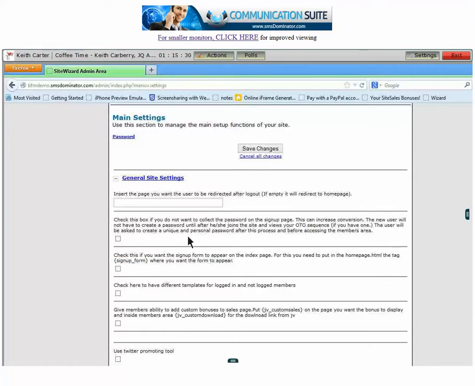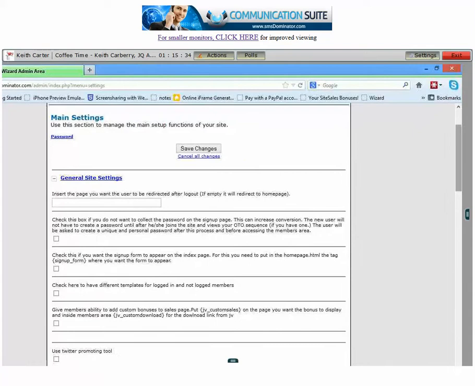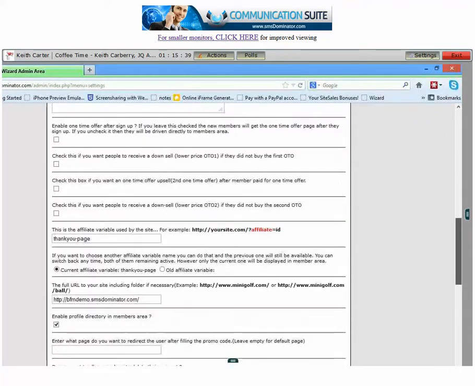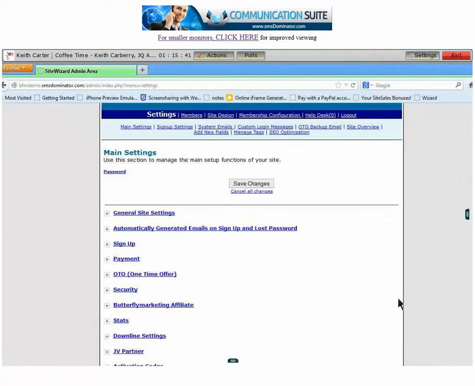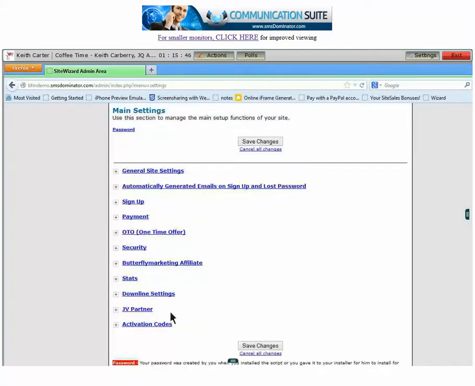There's a lot of different things you can do. One of the things that I really like, and we don't have this installed on all of our sites, is the JV settings. We do have a JV partner section where, if you want to contact someone on a personal level, let me give you an example. Let's say I really want Todd Gross to promote a particular product of mine because his list is big and we're buds, and I say, listen, Todd,